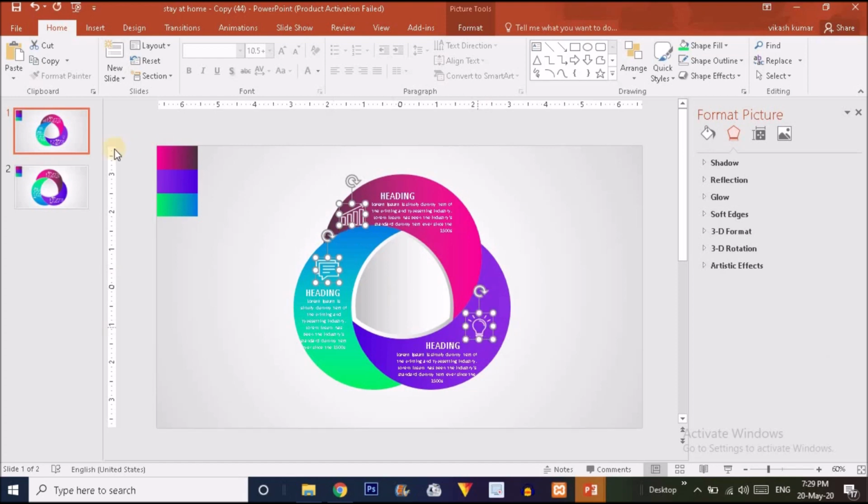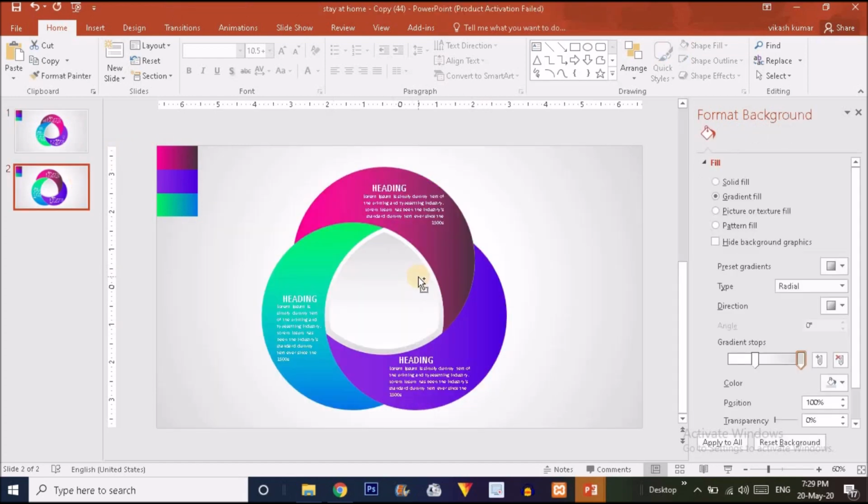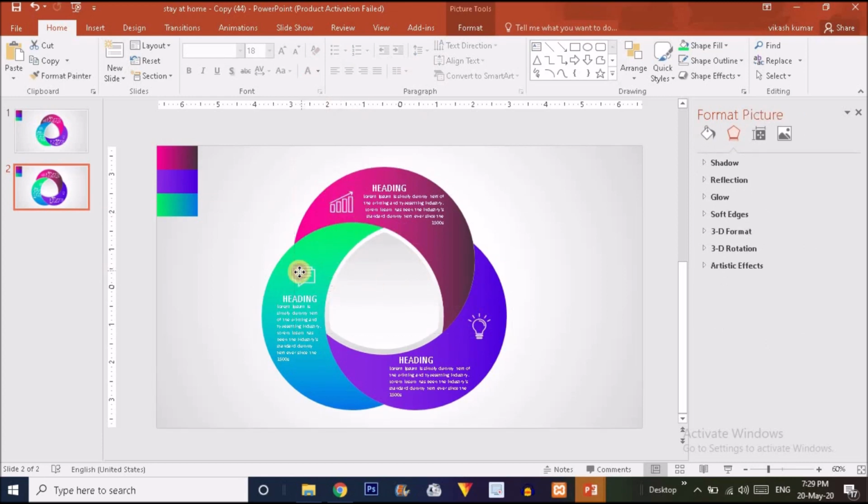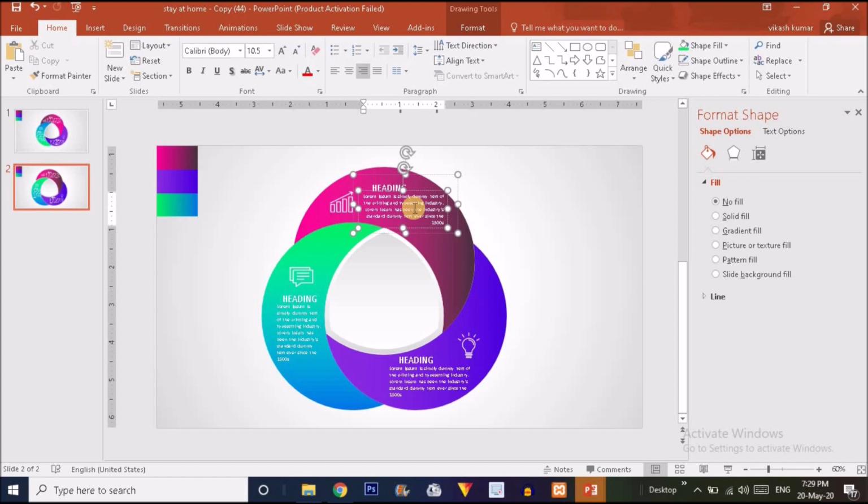Now the final step we have to do is we have to add the icons there. So I'm going to press Ctrl C and put these icons over here. So just put these icons according to your choice, but one thing you will have to keep in your mind, it should be placed over a proper place. For text, I'm showing you which type of text and the size I'm using in this particular presentation.